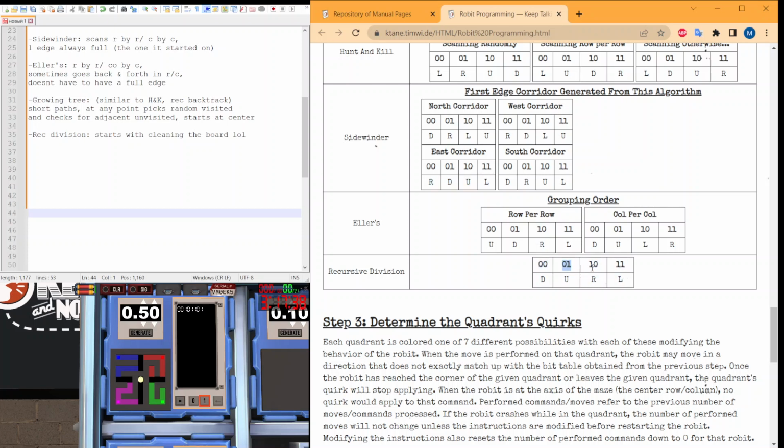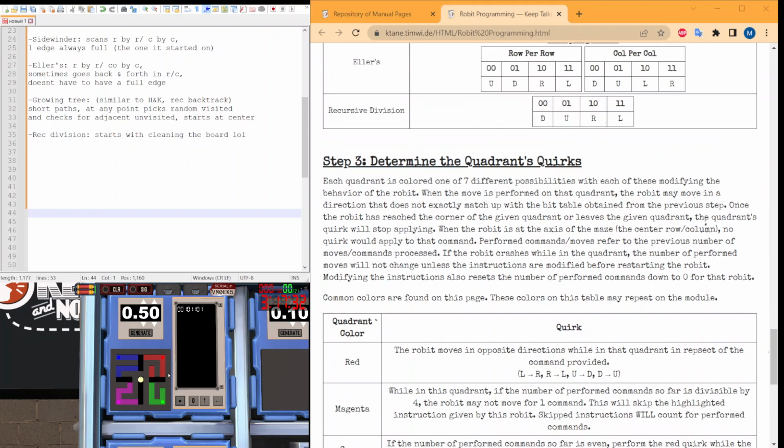So you have pairs of bits, 0 0, 0 1, 1 0, 1 1, and they refer to some moves like up, left, down, right, in some order. And once you determine them,